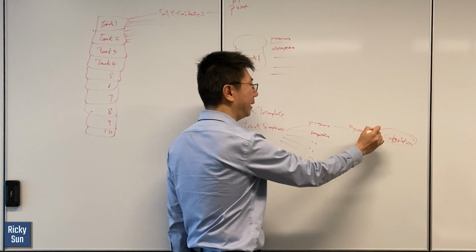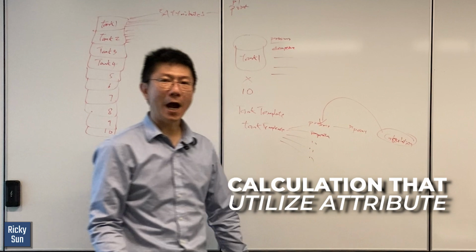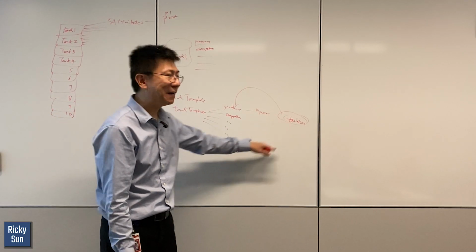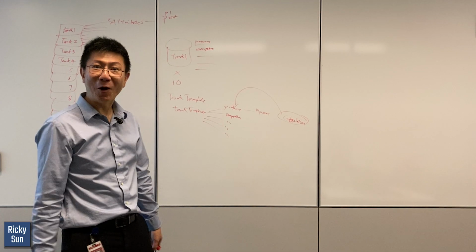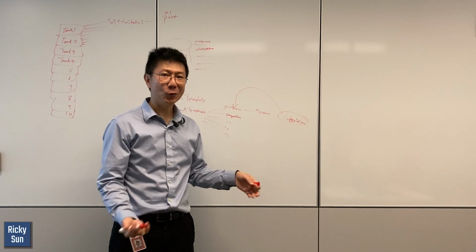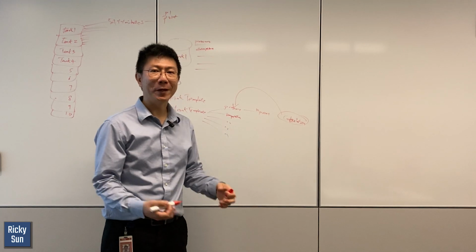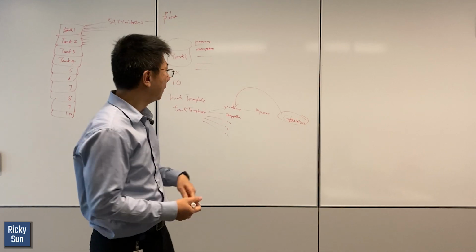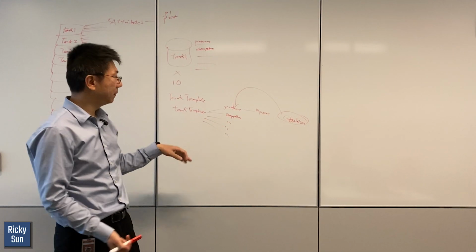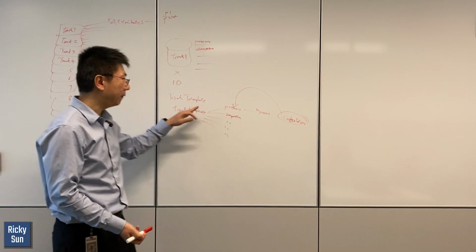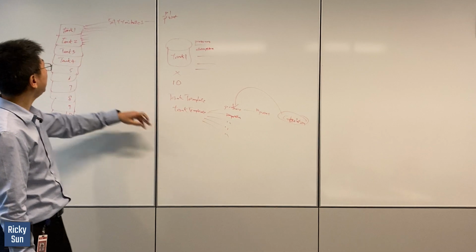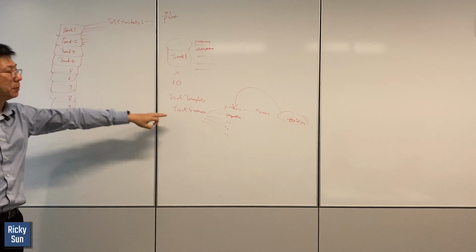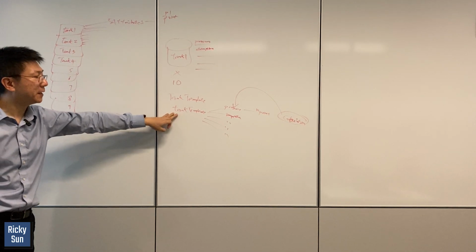You have calculations that utilize the attributes, and you have multiple calculations. Imagine you have to do that for every single tank. They are all different. How are you going to work? Because all you do is just typing. But if you use a template, now I have a tank template. I could just utilize the template and say this belongs to a tank template, which is an equipment base.